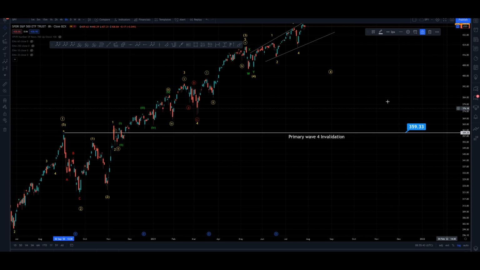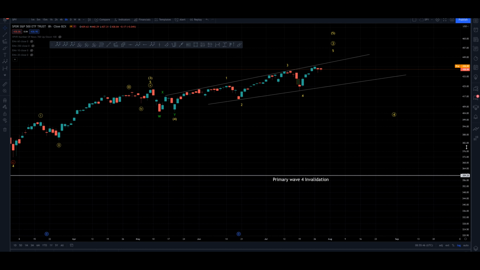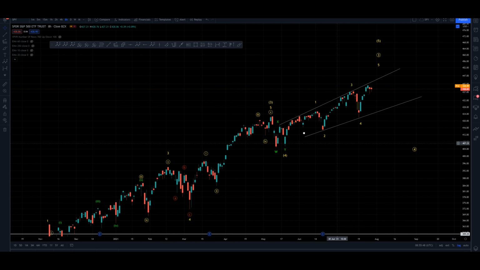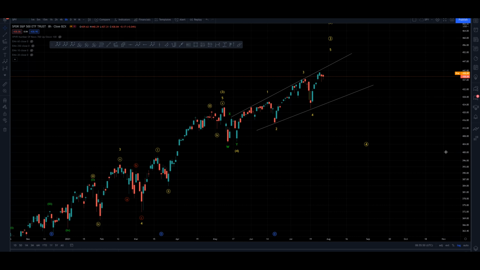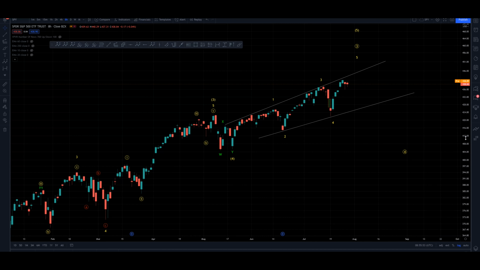Now, the recent price action is confusing because we've had another overlap after. Now, we haven't got this problem in the Nasdaq, which we will come and have a look at maybe next